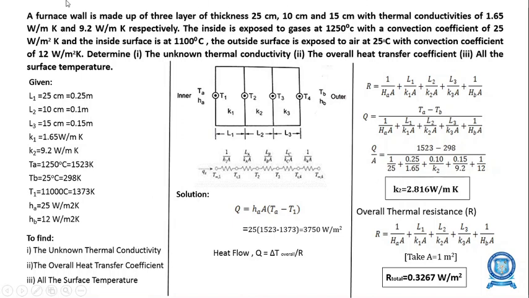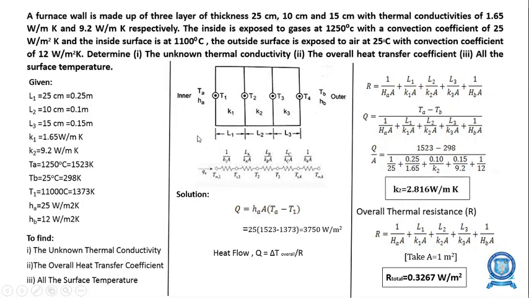There is no option to find the value of A. Hence we have assumed the value of area is 1 meter square. For a per meter square alone, we are finding the answers. That's why here we put the Q by A. The reason is we have taken the A as common. Okay, we are taking this denominator 1 by A as common, right? Then by cross multiplying this, you will get Q by A is equal to these values, 1 by 25